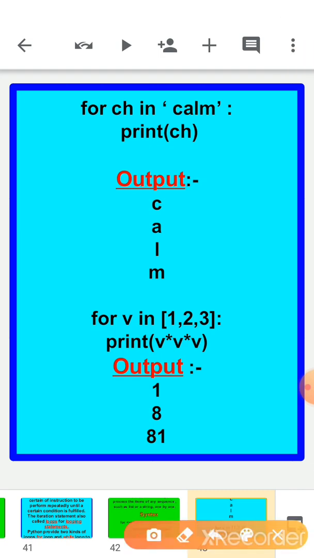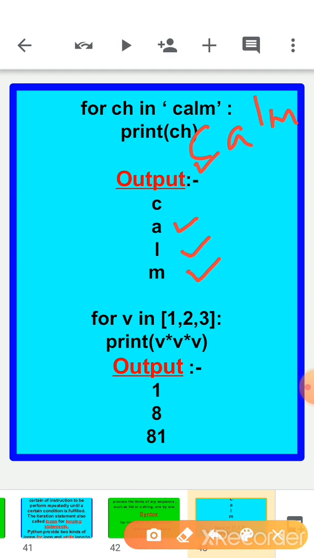Now second is for ch in "CALM". Here ch is a variable, so first of all c will print, in the next line a will print, in the next line l will print, and in the next line m is going to be printed.